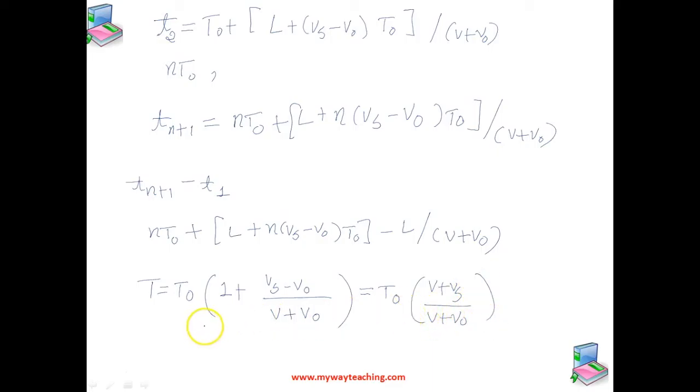The frequency observed by the observer is given by